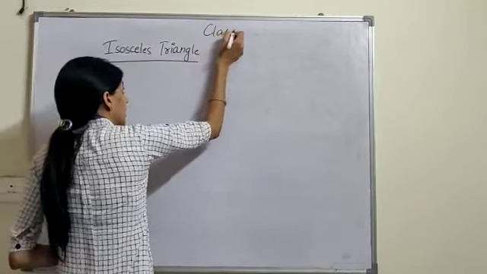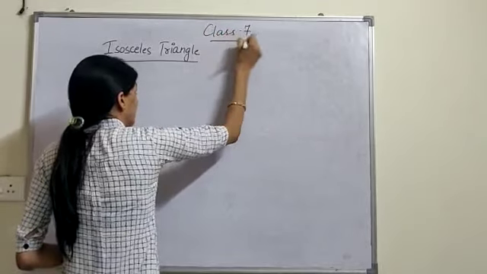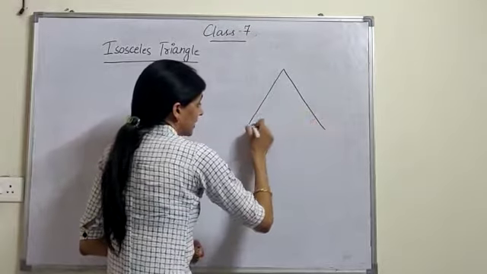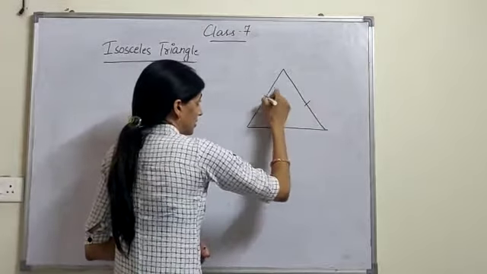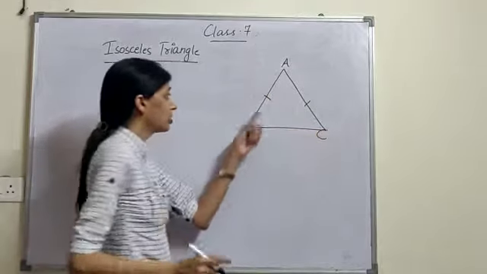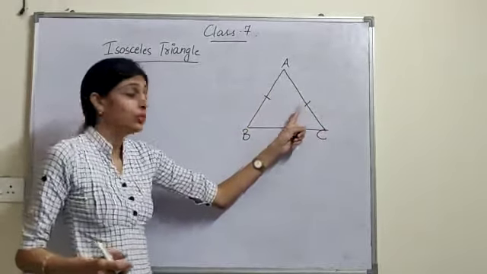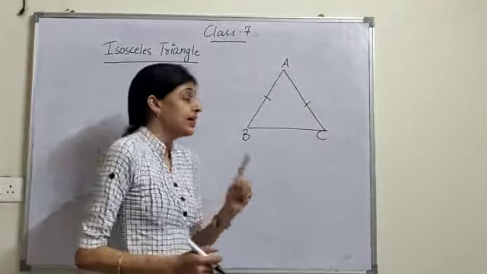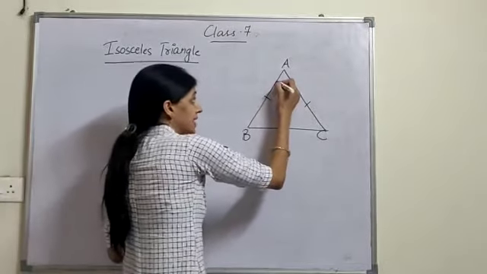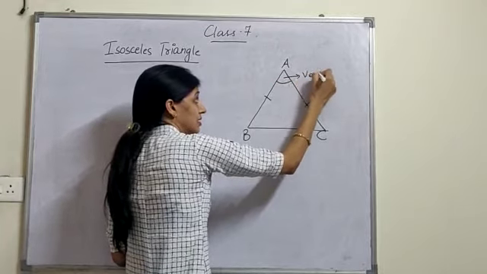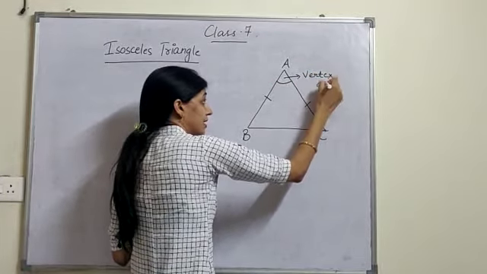We know in an isosceles triangle, the two sides are equal, right? This is an isosceles triangle because the two sides are equal. We can say AB is equal to AC. Now, this angle is known as the vertex angle,